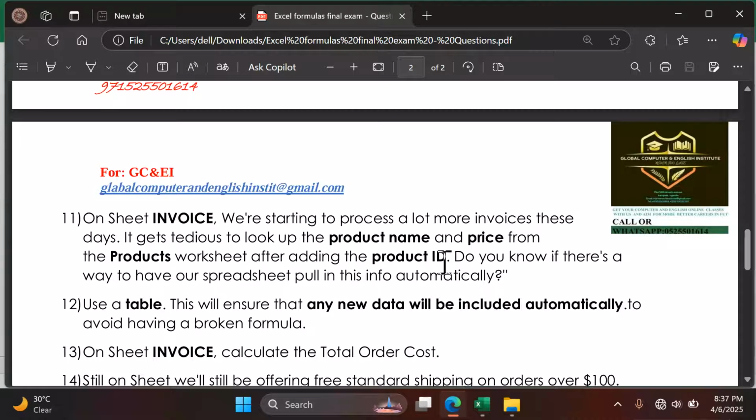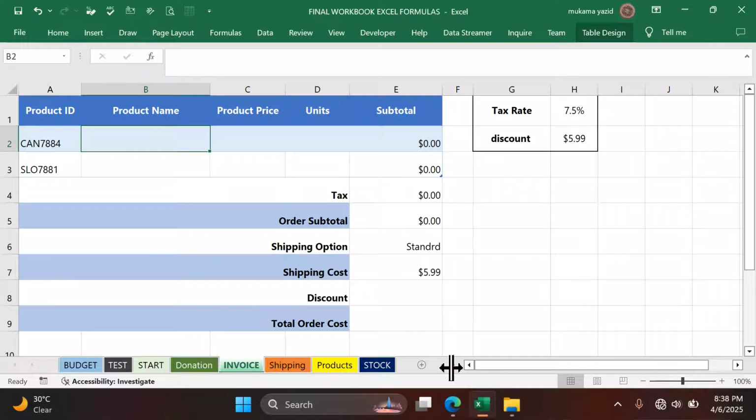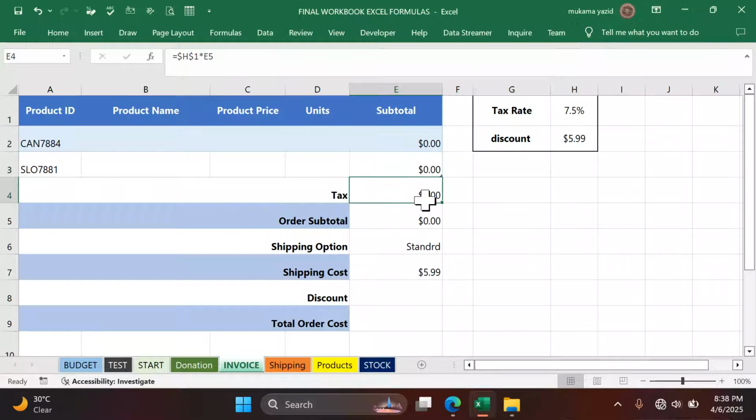So we're gonna answer this question, and we go to our sheet called invoice. We capture this one, we capture this one, we capture this one. So we would like, when I add a product ID, it brings automatically the rest of this information: product name, product price, then unit. That is it. So here, in order to do this, we need to create a function which can do it